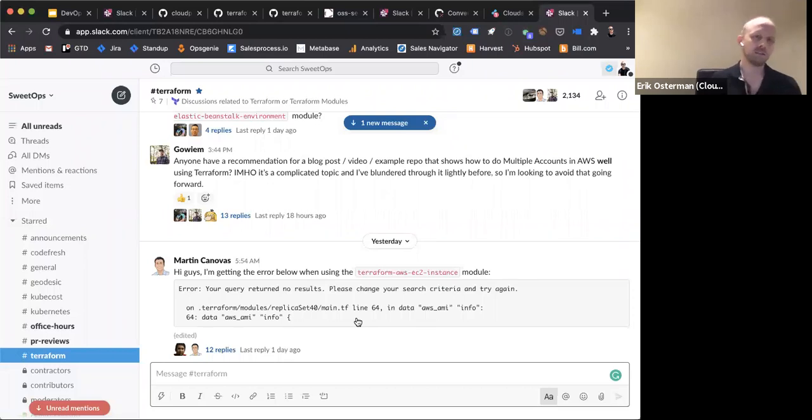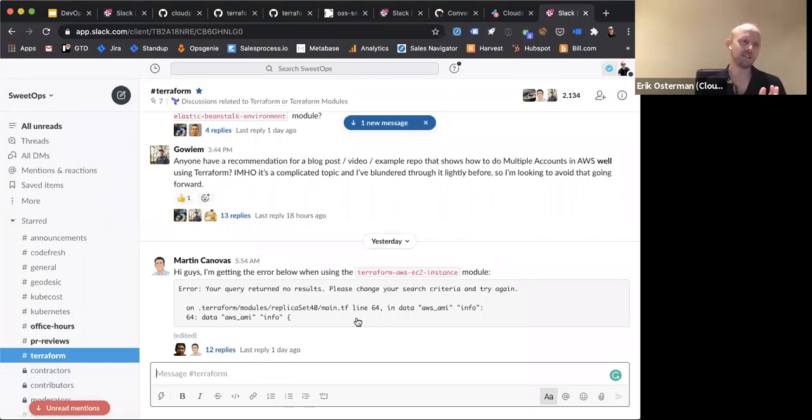Yeah, so let me set up the question and problem, and then let's open it up to the floor and see who has some opinions on this stuff. Does anybody have any recommendations, like links to a blog post, videos, or example repos that show how to do multiple accounts on AWS the right way, a good way, using Terraform?